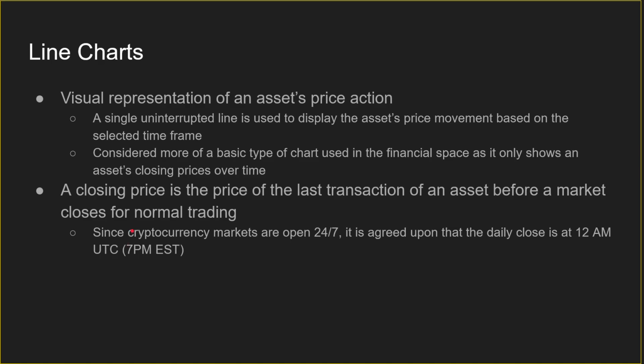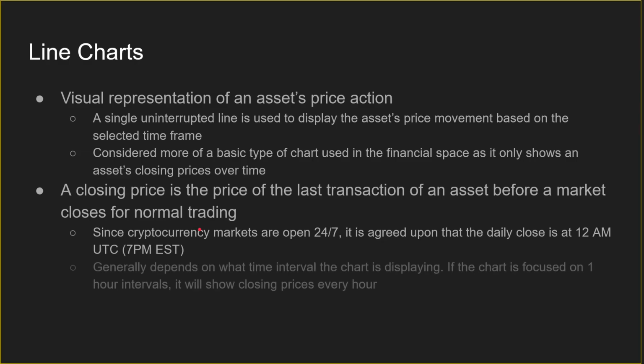So what this basically means is that it generally depends on what time interval you're displaying. So if your chart is focused on 1 hour intervals, it will show the closing prices for that asset every hour. So let's say at 1 o'clock, Bitcoin was at 34,000, and then at 2 o'clock, Bitcoin was at 33,800. We'll see a decrease, right? The line would indicate at 1 o'clock it was at 34,000, and then at 2 o'clock it decreased to 33,500, and it will mainly just focus on those closing prices